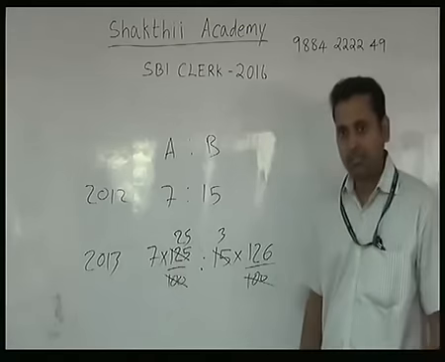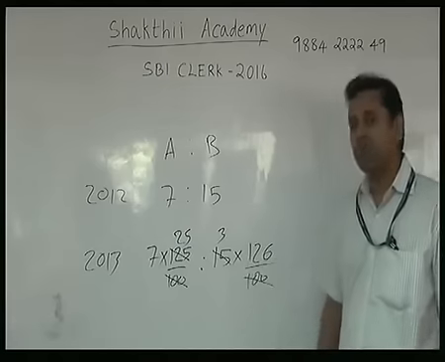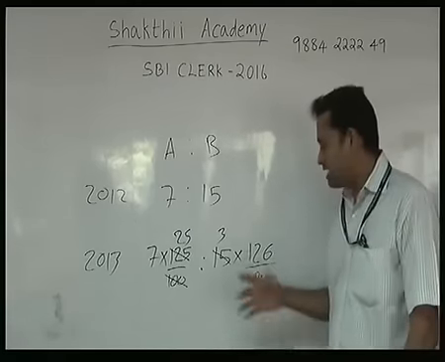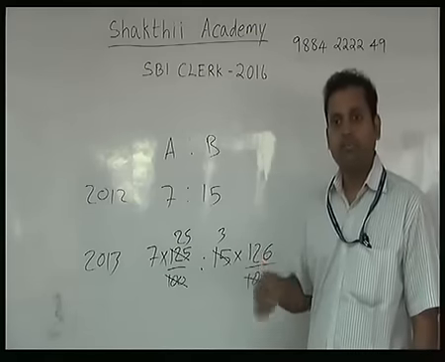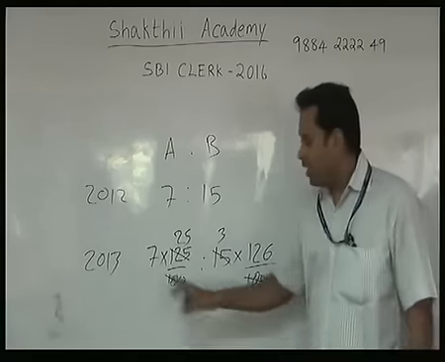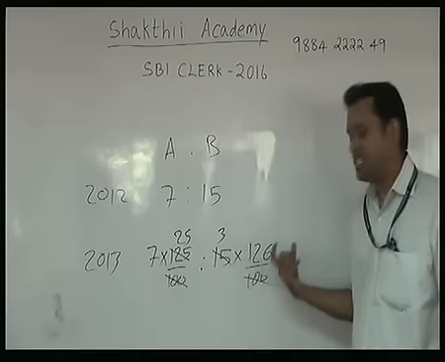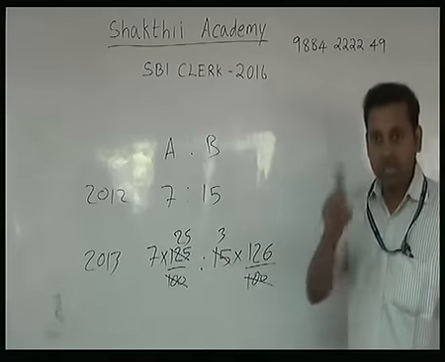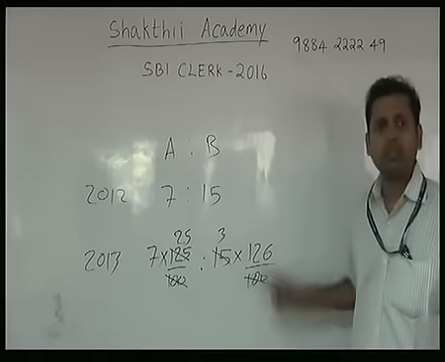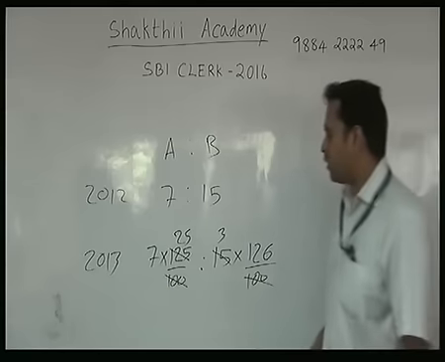Here 7 into 25. Here 3 into 126. You need to understand this 126 is it divisible by 7 or not? Because 126 is not divisible by 5. If it is divisible by 5, I will calculate this 25. Clear? So it is not divisible by 5. So then I need to consider only 7. 126 is divisible by 7 or not? I need to check or not? You check for that whether it is divisible or not? Divisible. Correct or not? So when you divide it, then what do you get?